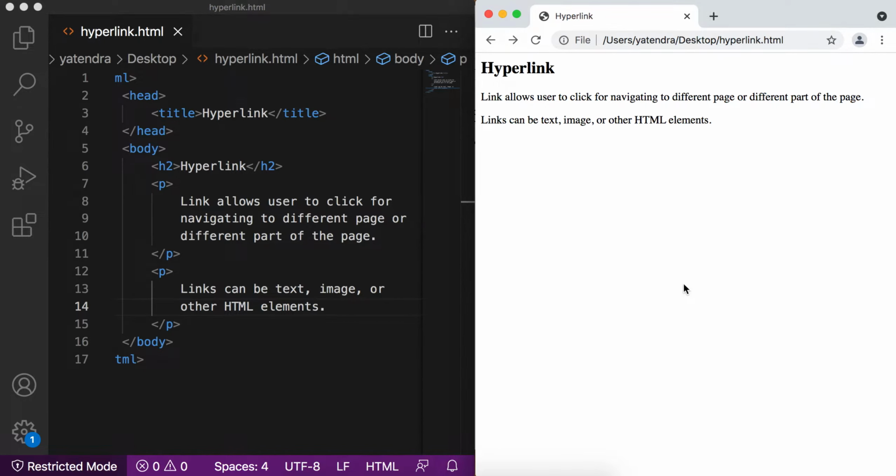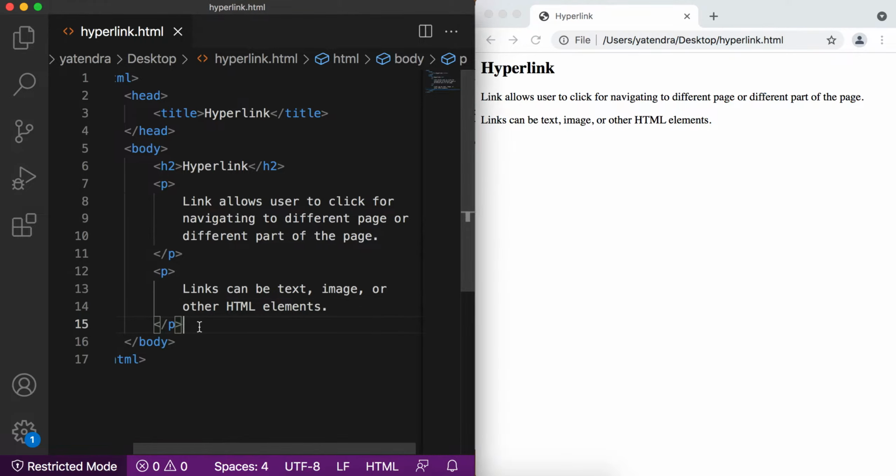So links are not only text, we can also create images as links, or we can create some other HTML elements as the hyperlink. In HTML, we call these hyperlinks, and we use them for adding some action on the text, images, or some other HTML elements. And whenever the user clicks on this, we can navigate that user to a different page or a different section.